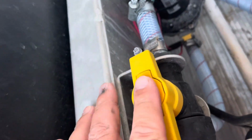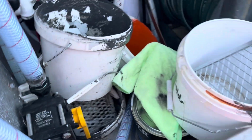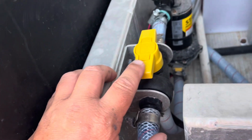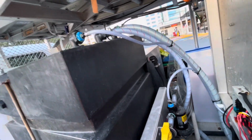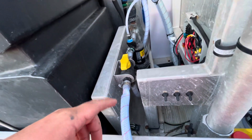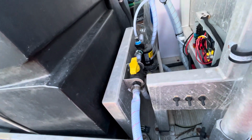So it comes out of the 3-way valve. So I've got a 3-way valve with 1 meter of hose that I can drop into a drum on the ground, just suck it out of the drum with my arrow pointing back to this line, and then I can suck it straight out of the drum, pump it straight into my tank. So if I'm going to a chemical shop and they don't have a facility to pump straight into the drum, then I can pump straight out of a barrel, or pump straight out of a 20-litre drum and fill it